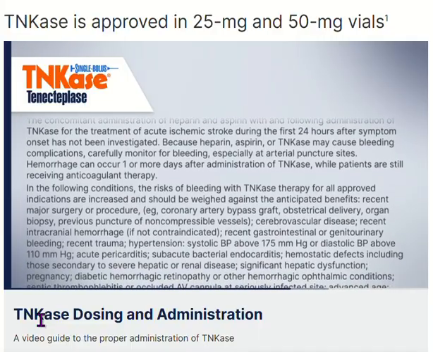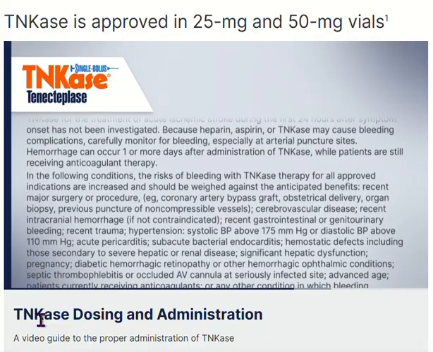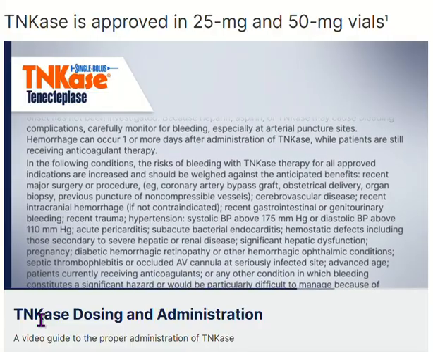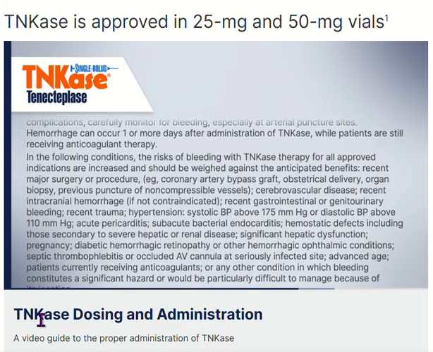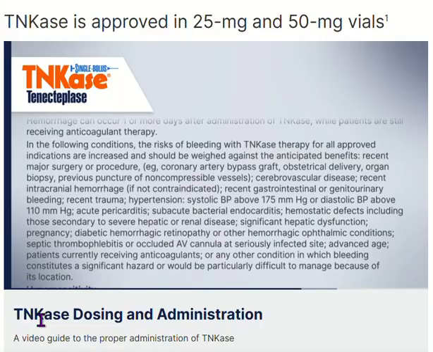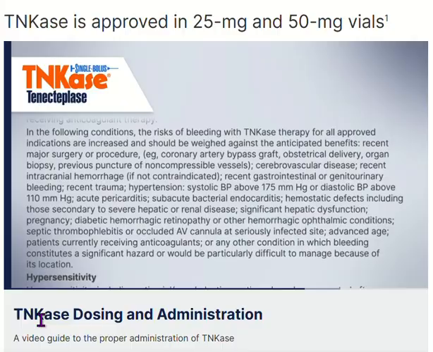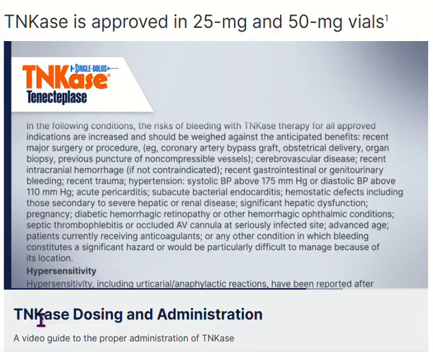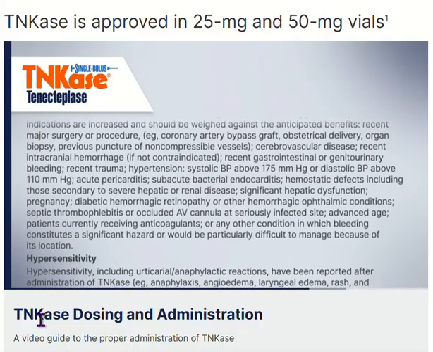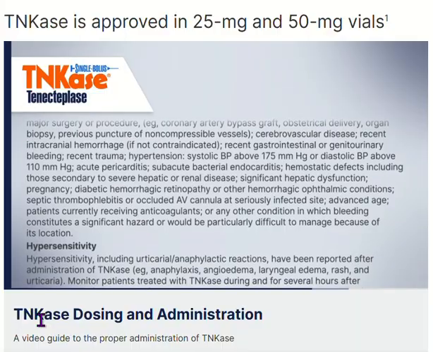Recent major surgery or procedure, for example, coronary artery bypass graft, obstetrical delivery, organ biopsy, previous puncture of non-compressible vessels, cerebrovascular disease, recent intracranial hemorrhage, if not contraindicated, recent gastrointestinal or genitourinary bleeding, recent trauma, hypertension, systolic blood pressure above 175 millimeters of mercury, or diastolic blood pressure above 110 millimeters of mercury, acute pericarditis, subacute bacterial endocarditis, hemostatic defects